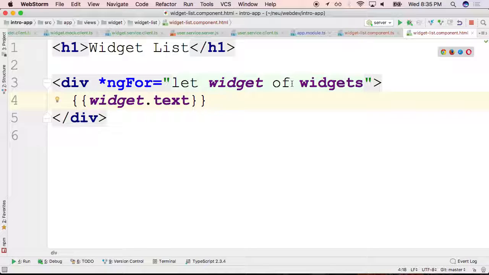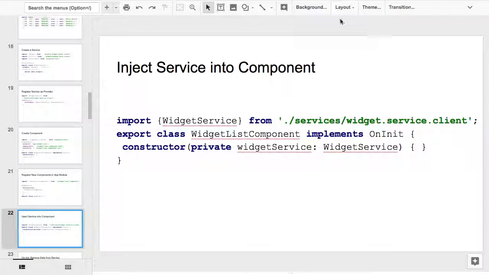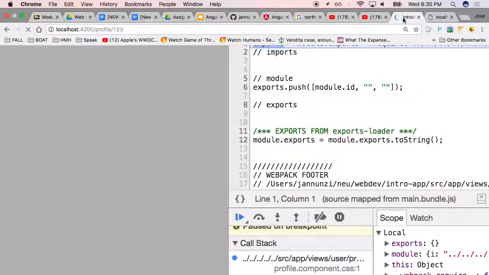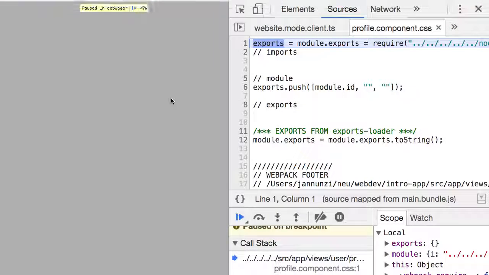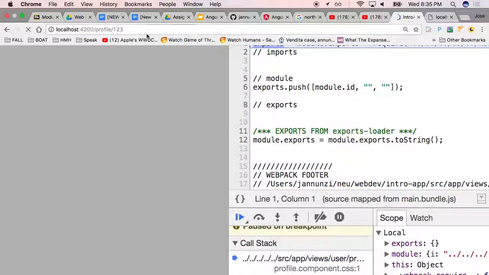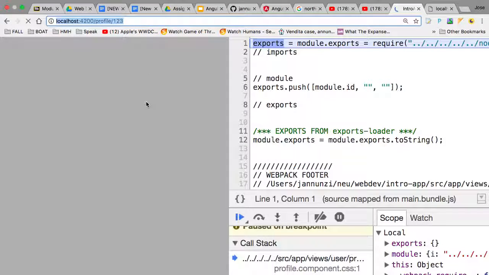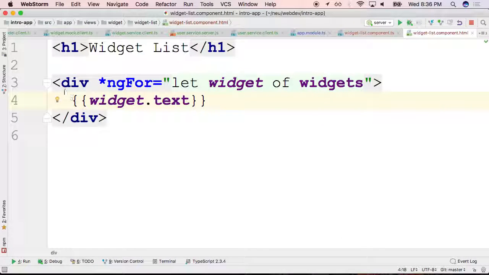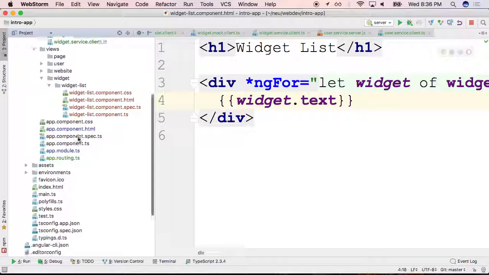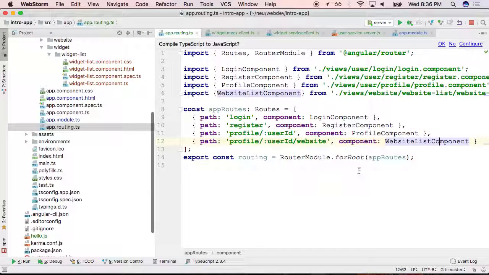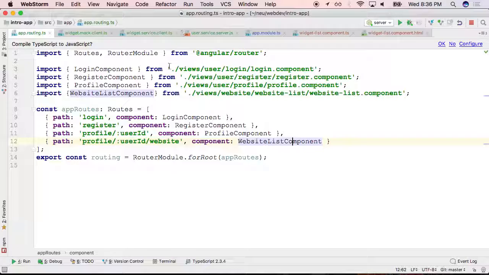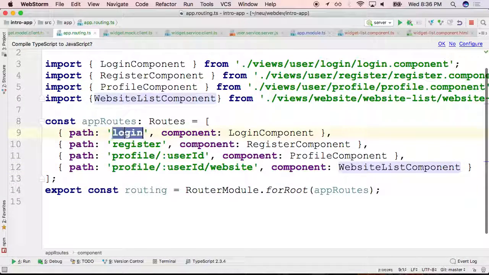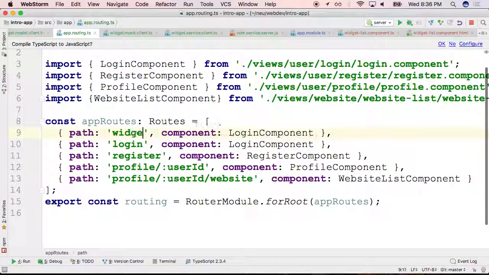So how do we navigate there, right? Our application is not set up to navigate to widgets, so a list of widgets. Why is this? Oh, okay, no, our Angular application is not running. So what we need to do is create a route that will allow us to navigate to the widgets. Obviously, your route is going to be a little more complicated. Mine's going to be very trivial. It's going to say that if I say widget, it's just going to load the widget component. Right, so this would be widget,